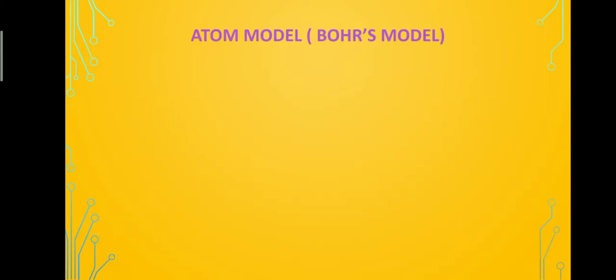Later on, Bohr explained the model. He gave a better atomic model, based on the work of Planck and Einstein. Both of them considered that any microscopic particle has a dual character, that is, it behaves as a wave as well as a particle. Based on that thought of Planck and Einstein, Bohr assumed certain things and gave a model.